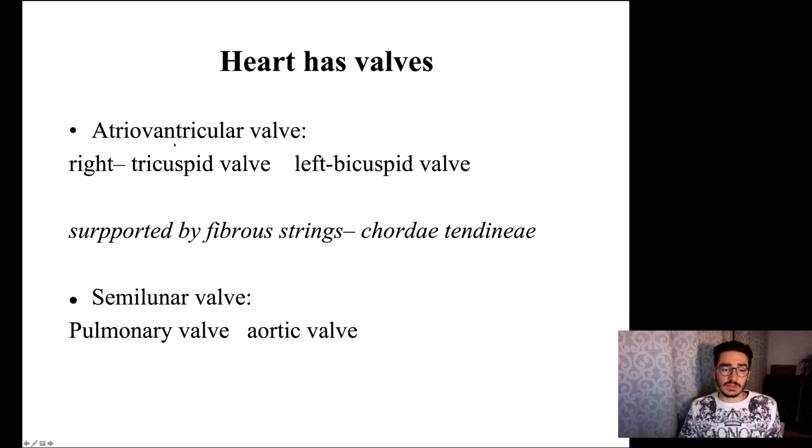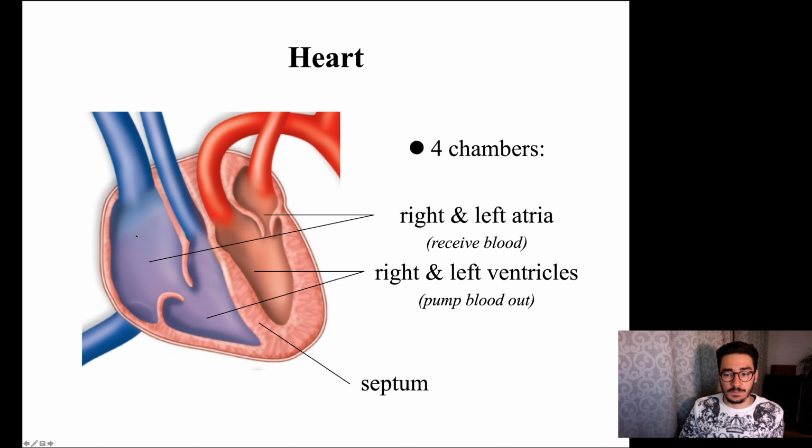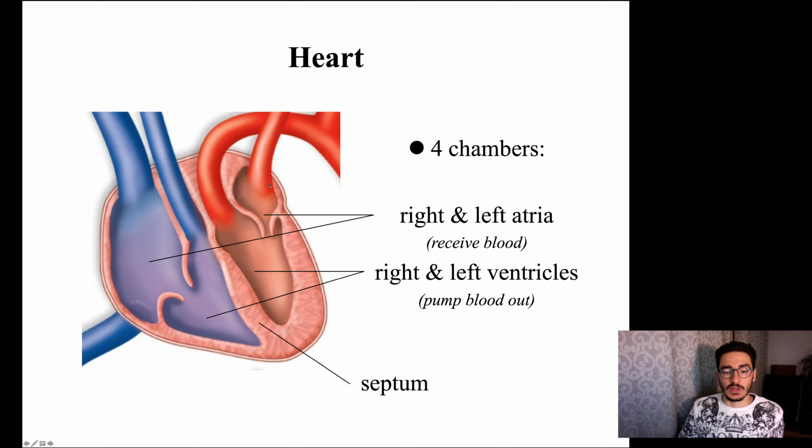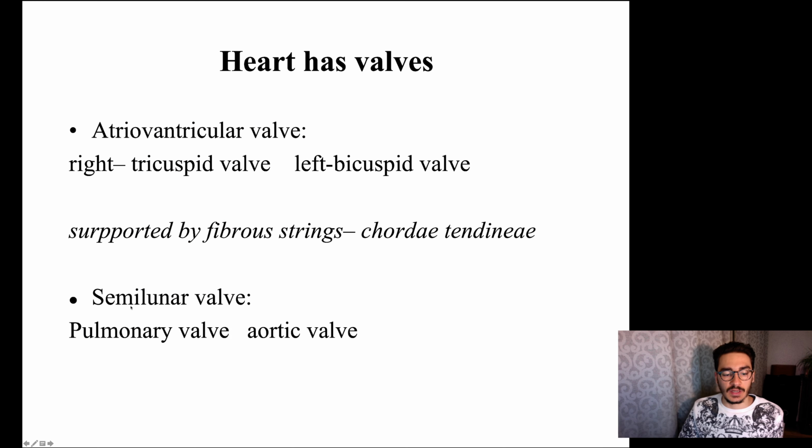The names of those valves are atrioventricular valves, and those valves separate the atrium from the ventricles. That's where the name comes from, atrioventricular valves. So they separate the atrium and ventricles. The right atrioventricular valve is the tricuspid valve, this one. And we have the left bicuspid valve, this one, which separates the left atrium and the left ventricle. Then you have another type of valves, the semilunar valves, which separate